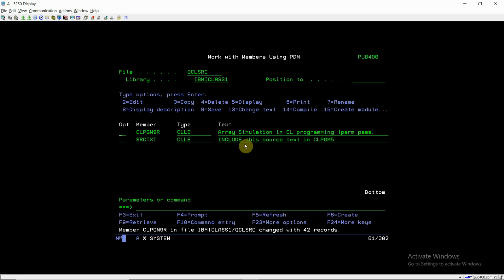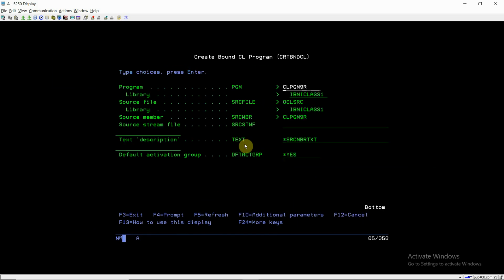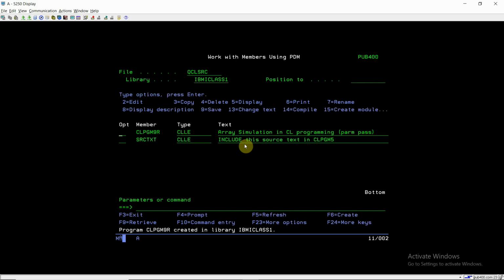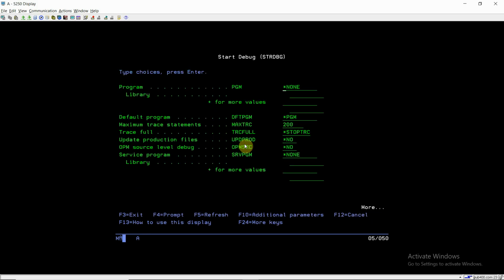Now I'm saving this program and compiling it using debug view set as *SOURCE, so that we can debug our program. This program has been compiled successfully. I'm going to debug this.